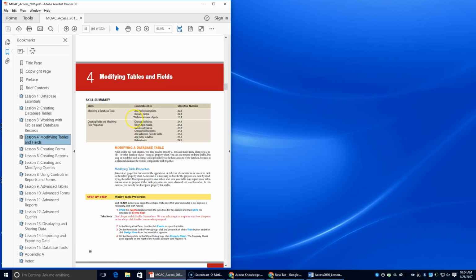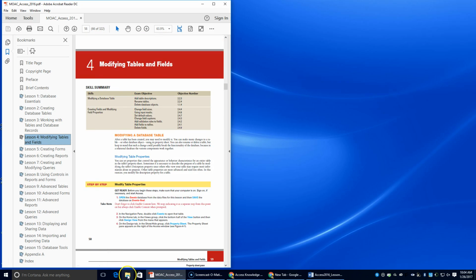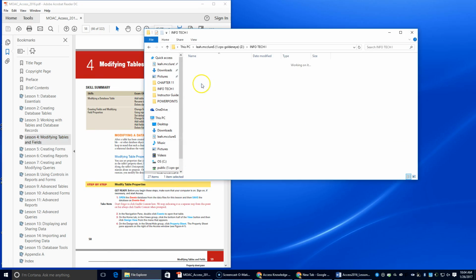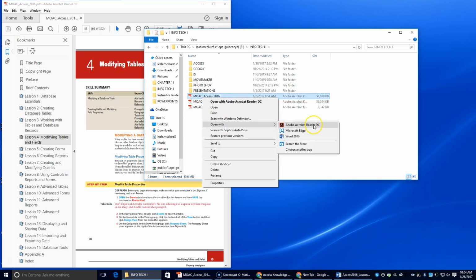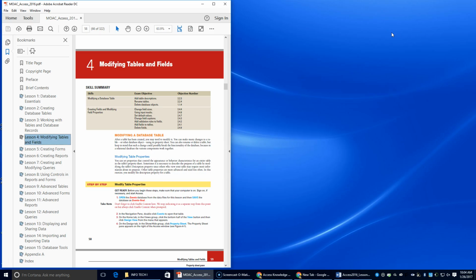Let me go back to that lesson here. Remember that if you're trying to open up your book, go into our folder, and we always want to click Open with Adobe Acrobat Reader. Okay, and once you're here,